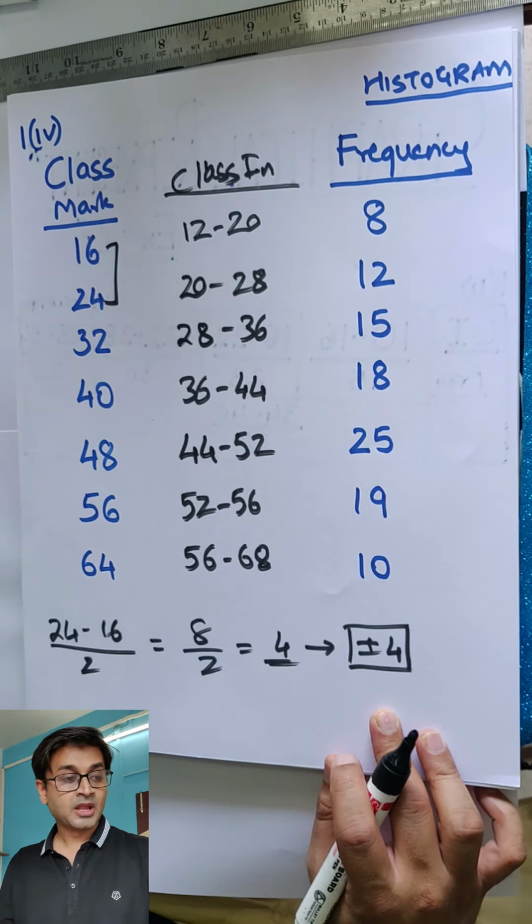So how will this look? I will need all this. This is going to go on the x-axis. This is going to go on the y-axis. Remember that. So your x-axis is going to be 12, 20 and so on, and this is going to be the frequency. Can we calibrate right now?